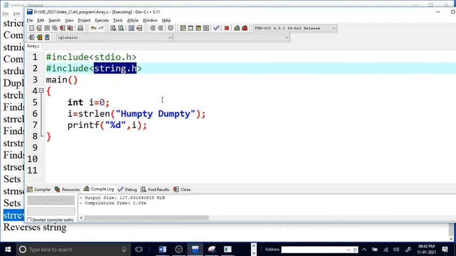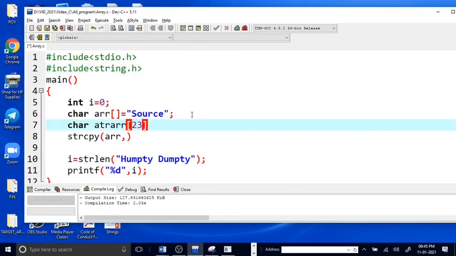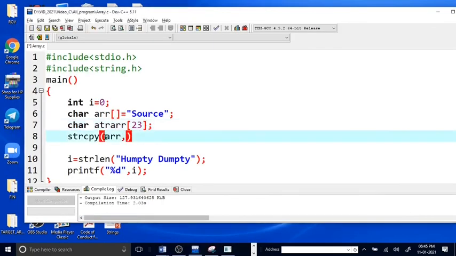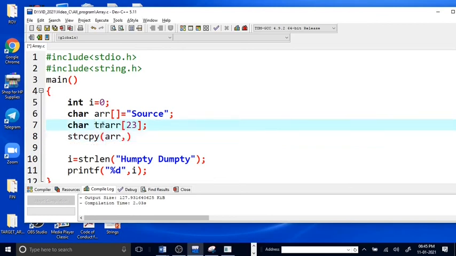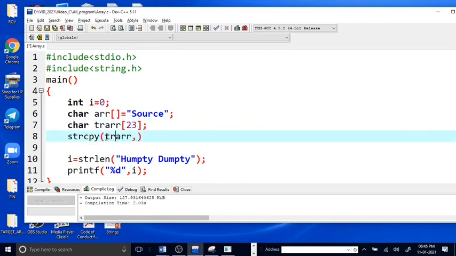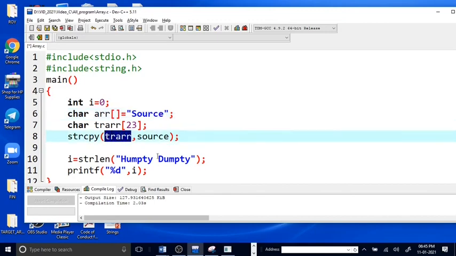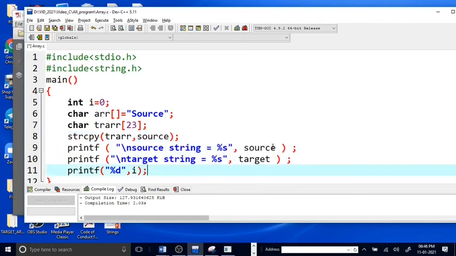For this string length you have to include string.h. Now let's say I'm going to use string copy, with target comma source. This is the target, and this is the source. That means the source will be copied over here into this array, and then you can print it.